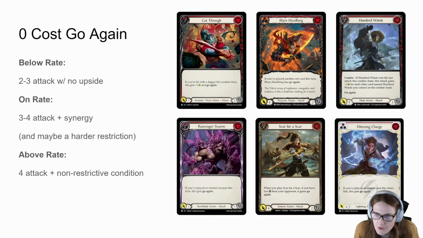Blaze Headlong, also a pretty big powerhouse in Syndra, for instance, just because you get a Draconic attack that almost always has go again. So these cards have pretty non-restrictive effects that also come in for 4 attack, which makes them really good. Similar thing with Flittering Charge. This card sees play in Acilio, I think also Aurora as well. So Flittering Charge is just very good just because it has a pretty non-restrictive effect, just getting go again whenever you play an instant, and the deck has a ton of instants,